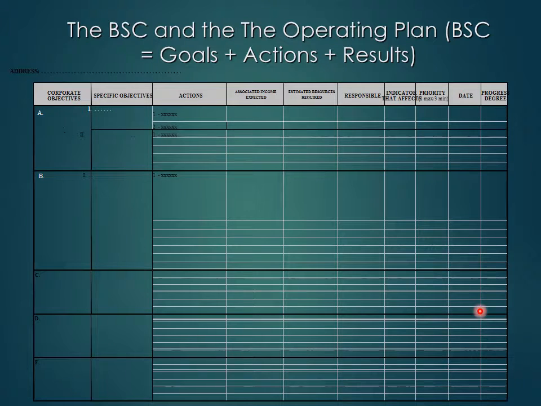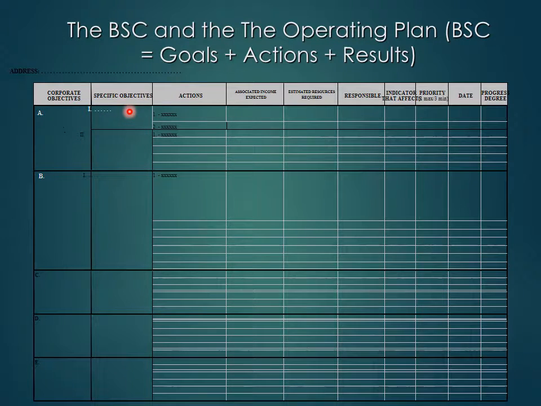So this Excel spreadsheet that you see can be 10, 20, 50 pages, 100 pages, 1,000 pages. And it can be very, very detailed. I mean, while the balanced scorecard is very general, the operating plan can be very detailed. You can write here, we have to buy coffee, we have to buy paper. So it can be very, very detailed. But the essence is that you put here the goals,